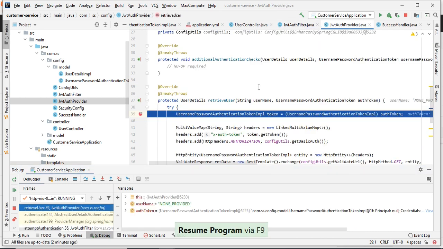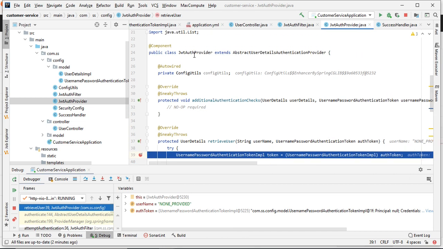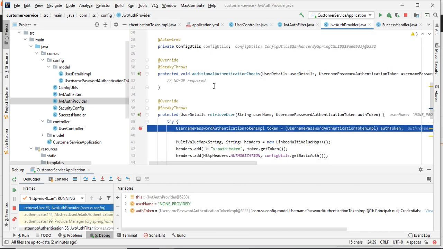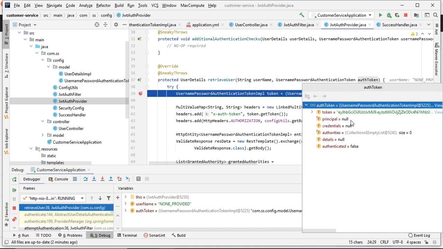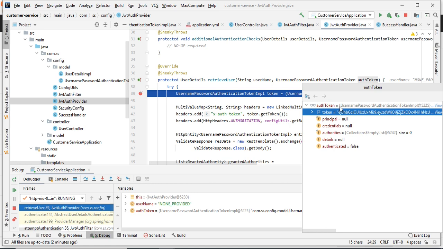So if you see, internally the authentication manager forwards the request to the provider. This is our custom provider. Username we are not getting anything here, and inside this authentication object we have this token. We need to extract the token from this object and pass it to validate.